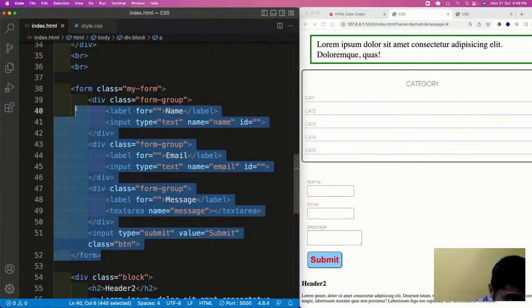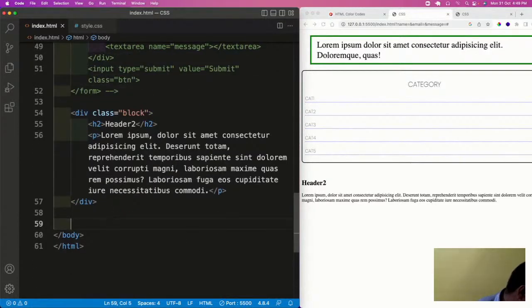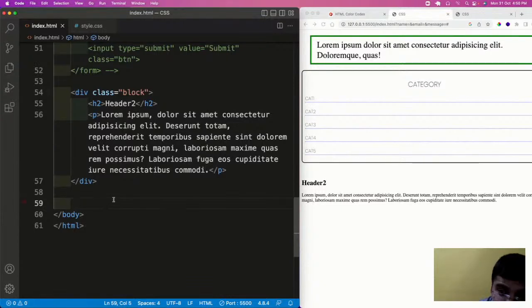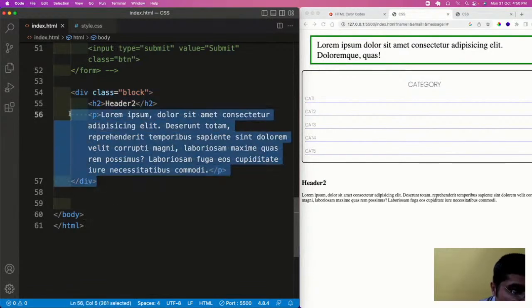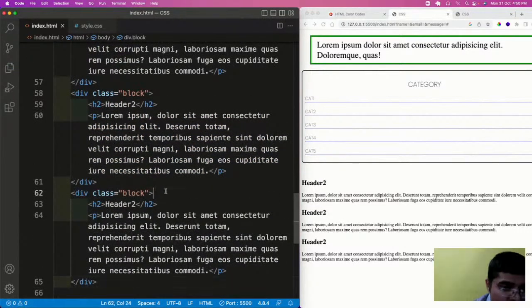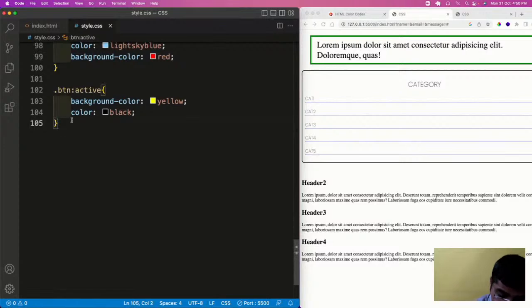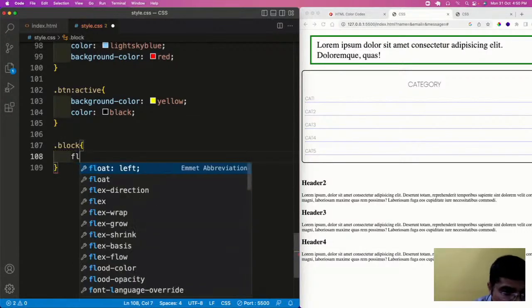So I am disabling this form because content will not come in the center. After this, what we will be doing? Let me replicate this. Now, if you see here, we have a common class in all the three divs, which is block, and the header we will be changing to header 2, 3, and 4. Now, what we will do, we will be trying to use the space available. So we will be copying the common class, and here dot block, and we will use a float left property